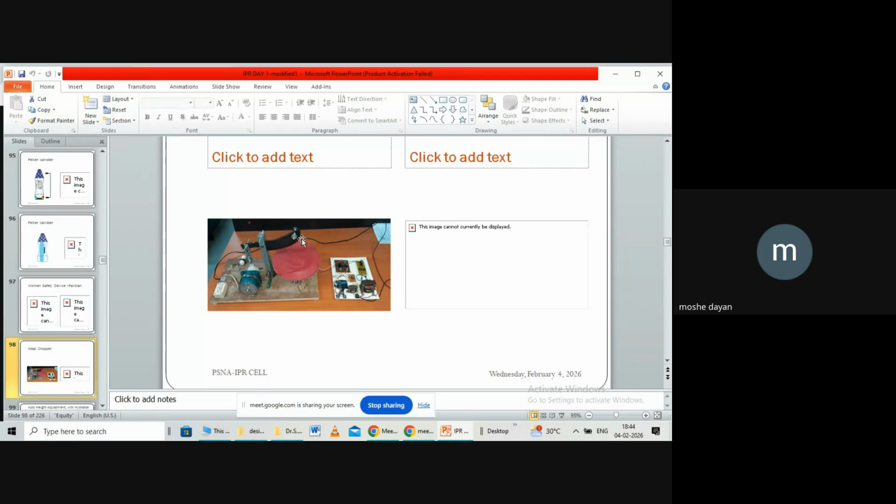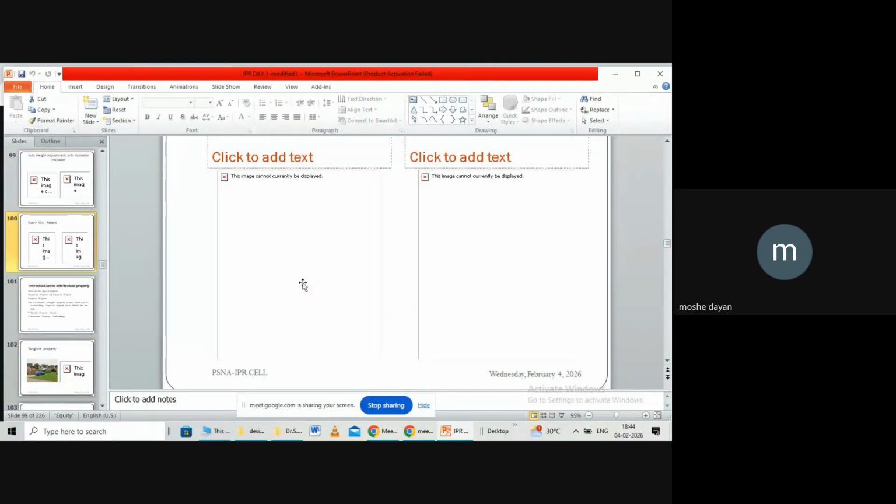So this circular disc will rotate, and this will reduce the speed to decide the portion of meat which you want. And this Indian cleaver knife will very precisely cut and chop the meat. Surprisingly, this product was designed at a cost of just 2,000 rupees as a student product, and it was filed as a patent.